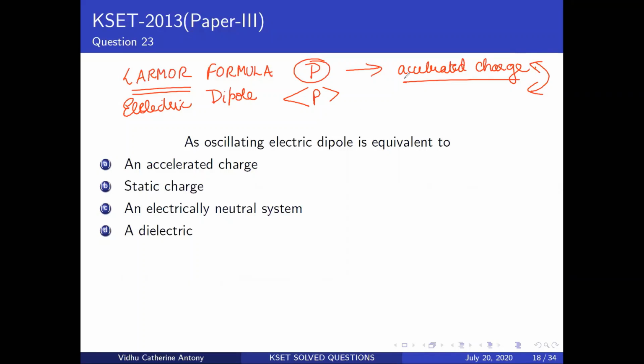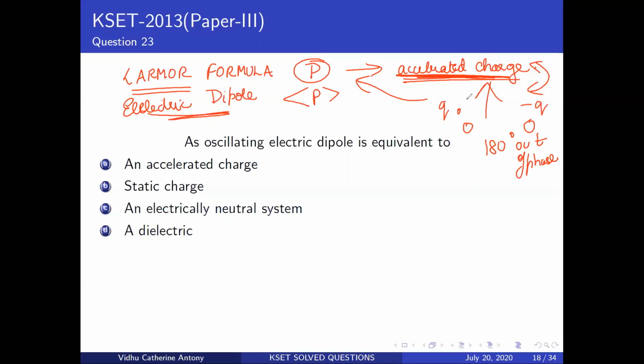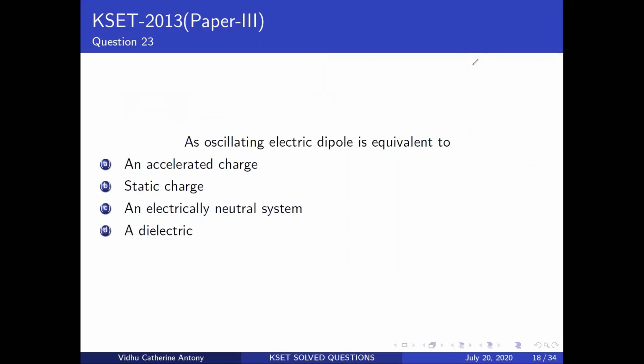Now here you have an accelerated charge. If you want the electric dipole formula from this condition, what you're supposed to do is take two charges, something like Q naught. When you have a dipole, it's going to be an opposite set of charges, right? So you take these two charges about 180 degrees out of phase, and then you apply that onto this Larmor formula. Then you have to do a little bit of vector addition and things like that, and you end up getting your electric dipole. So let's look into this.